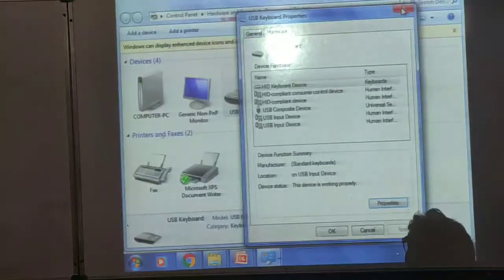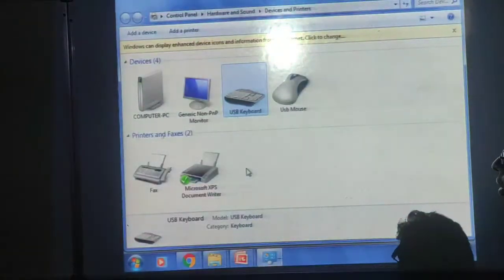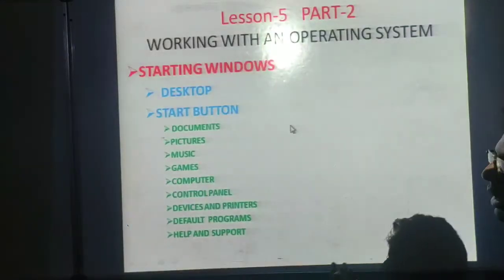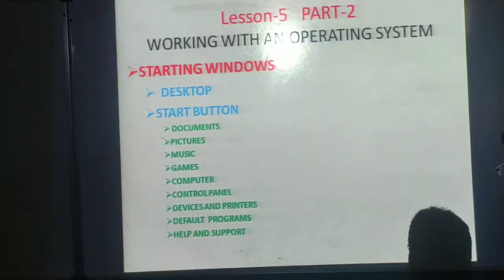Okay, so like that we can see devices and printers. Whichever device is connected to our computer, we can see it, and if any printer is connected to our computer, we can see the list of that, and we can change the settings regarding these devices and printers. Okay, next we can see